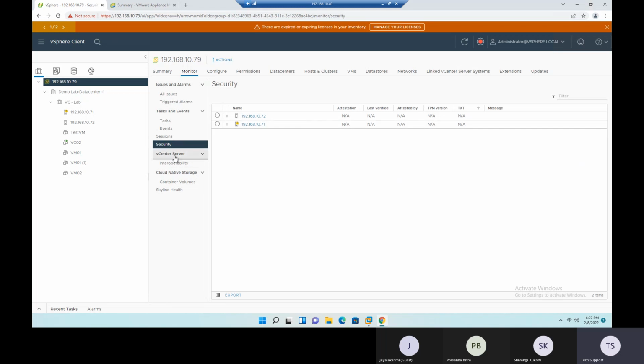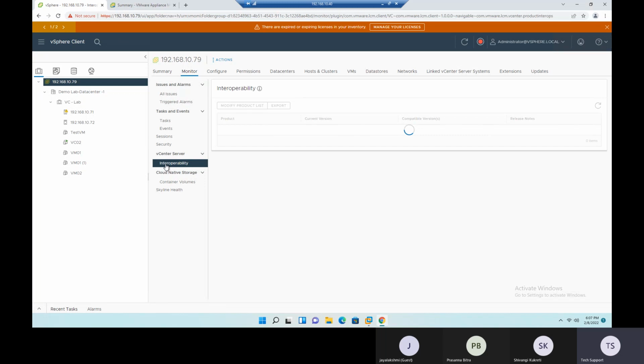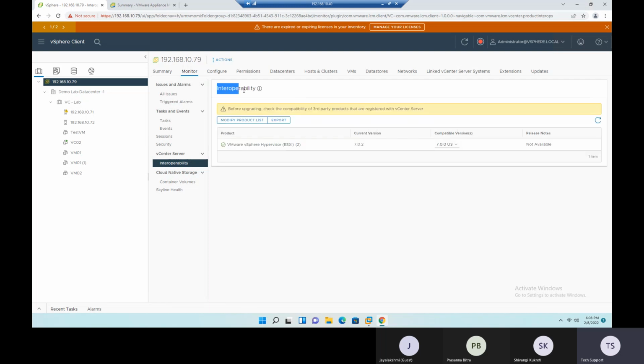Come to the other tab, vCenter server interoperability. This interoperability means VMware is giving compatibility metrics at the vCenter level itself. In our previous versions, there was no interoperability option. In order to do interoperability compatibility checks, we needed to log into the VMware site. But here, if we have any additional VMware related products, we can find all the products' compatibility checks from